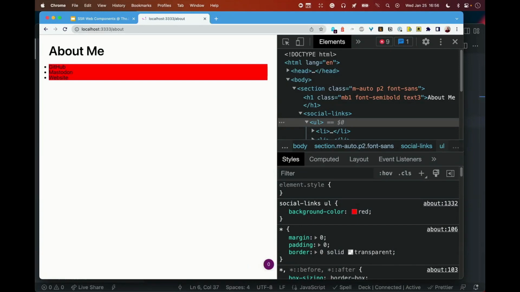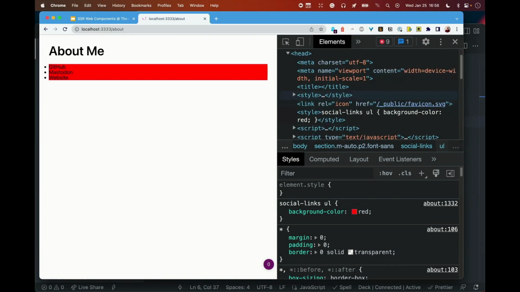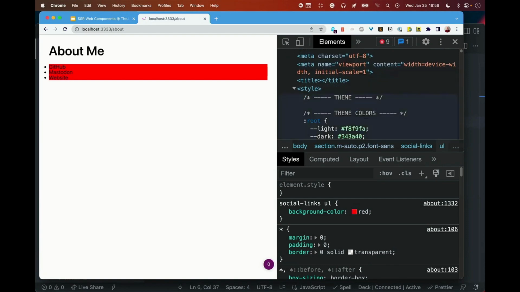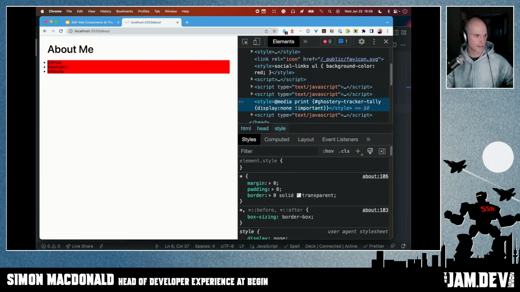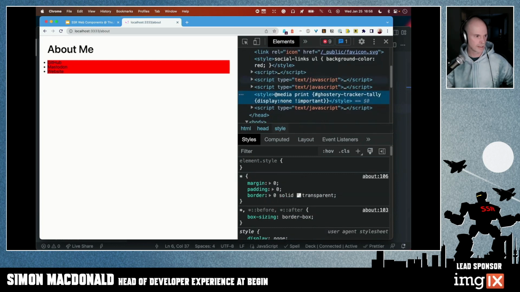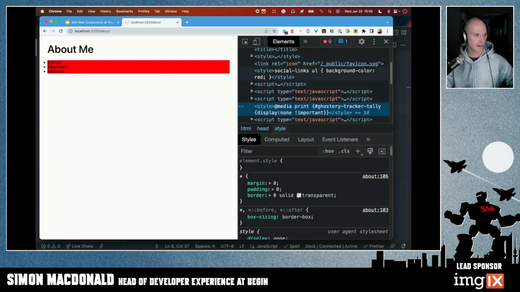One of the things that you'll notice with Enhance is that we are hoisting those styles up to the header for you. No, that's our default Enhance styles. Where are my styles? Oh, sorry, it's right here. It was already expanded. So in our social links component, anytime there's a UL in it, make the background color red.